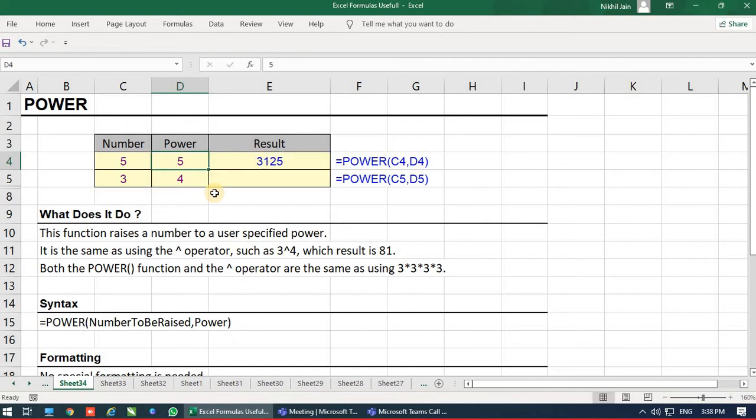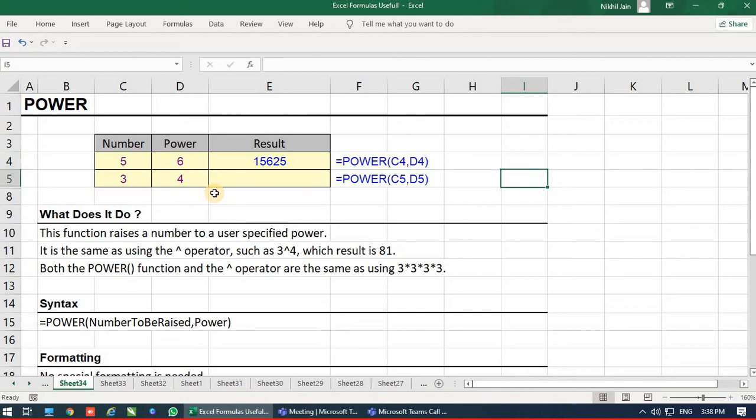Okay, now I am going to increase the power by 4, 625. Again 5, 3125, 6, 15625. So how is it calculating? What the computer is doing is 5 multiply by 5 multiply by 5 multiply by 5 multiply by 5 and multiply by 5, 6 times. So 5 into 5, 6 times the computer will make, and the answer will be 15625. So this is the power formula.